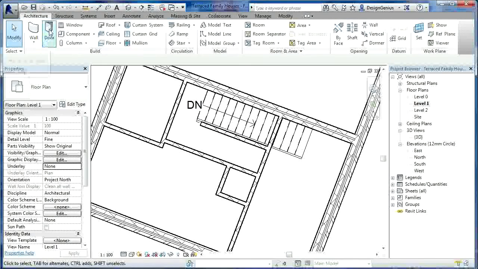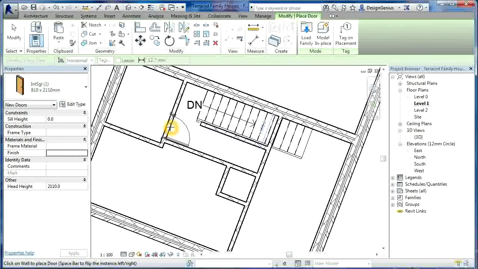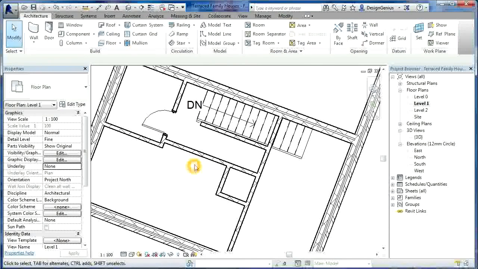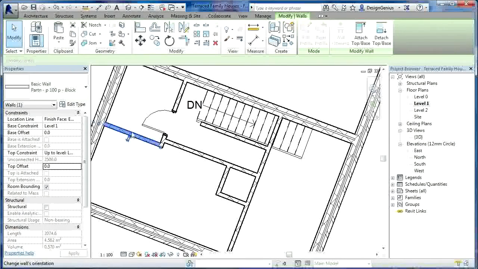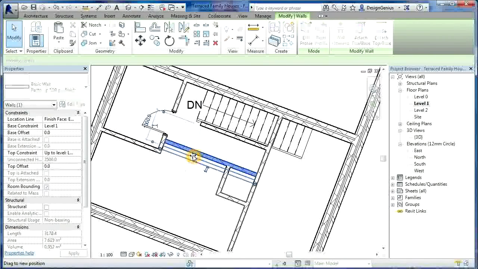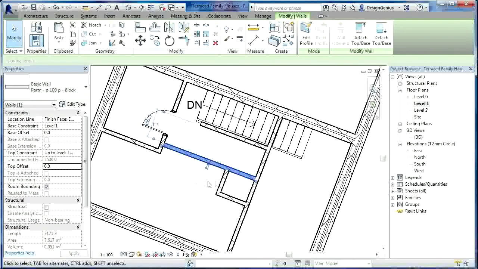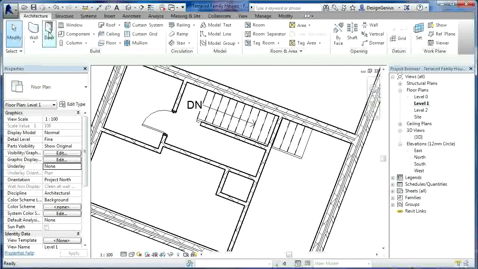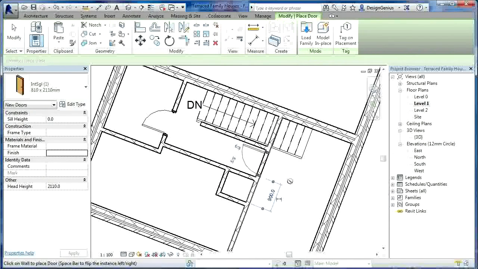If I go to my door, right, let's move that out a bit, move that out a bit. Door. And there's